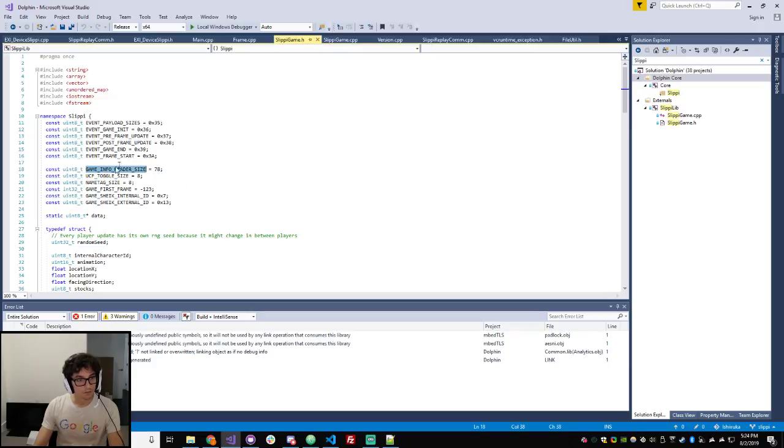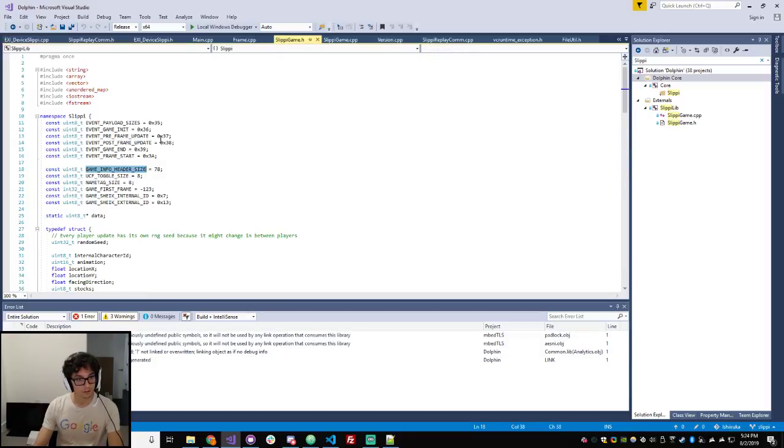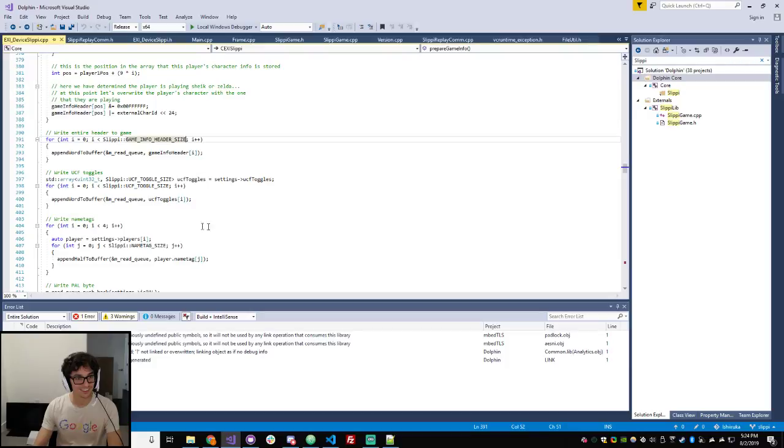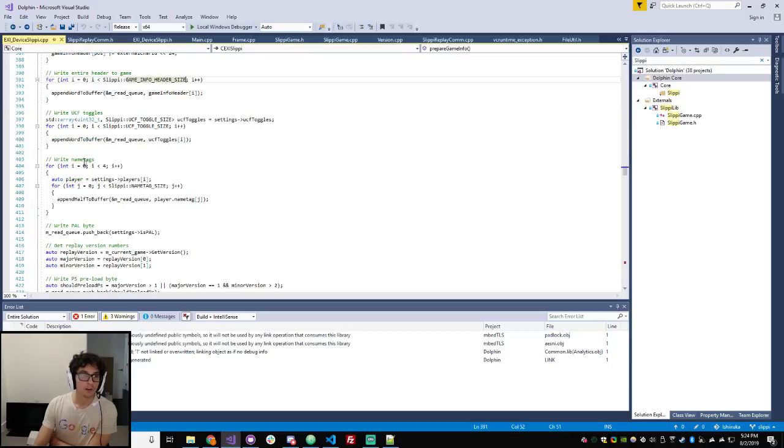Okay. So I guess it's 78 bytes long, which is 78 words long. Yeah. Why did I do it like this? Oh, whatever. This is really bizarre. Anyway, so it's 78 words long, and then it'll write all the words one after another, and then